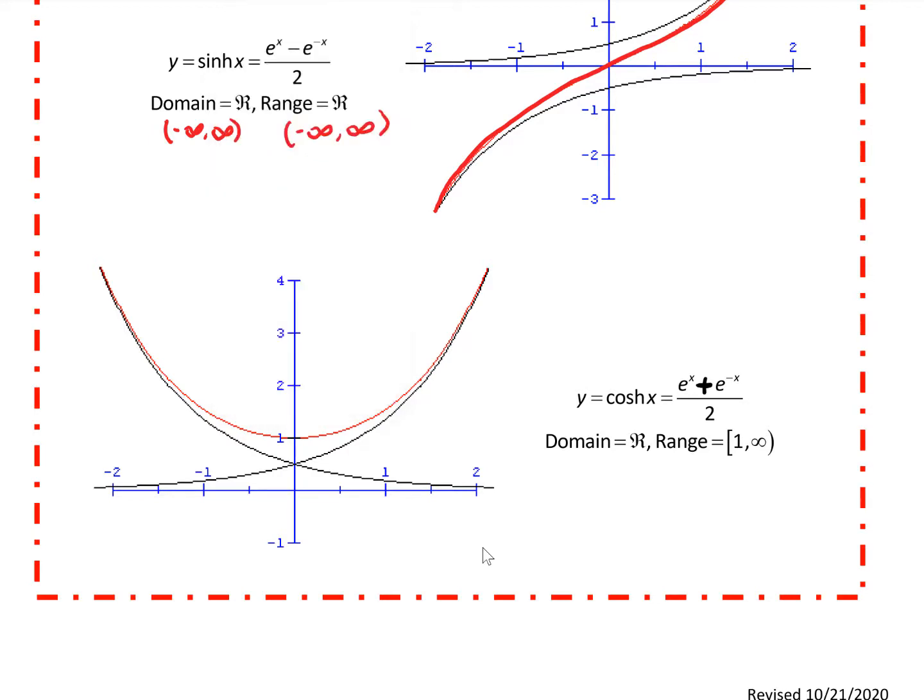that looks, and remember at the beginning of this video I talked about how certain architecture and certain suspension bridges, and if we were to hang a rope or a necklace and it has only that gravitational force, you might think it's parabolic, but it's actually a hyperbolic cosine, and this is that hyperbolic cosine. So in red right here we have y equals the hyperbolic cosine of x, which has